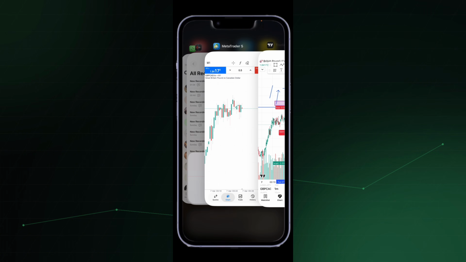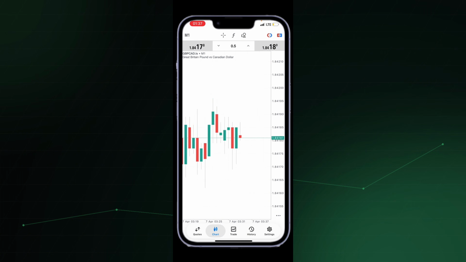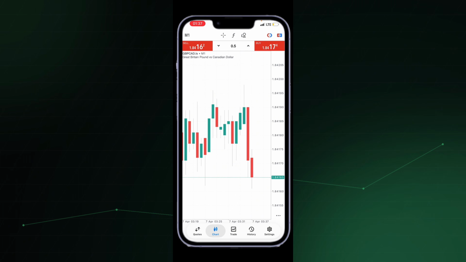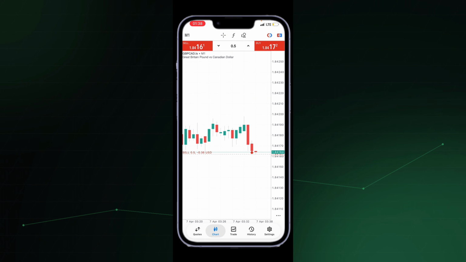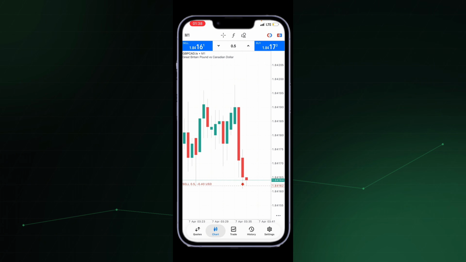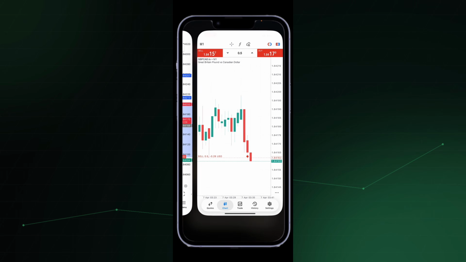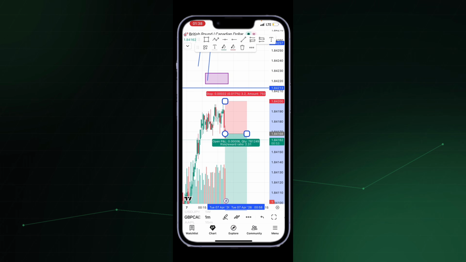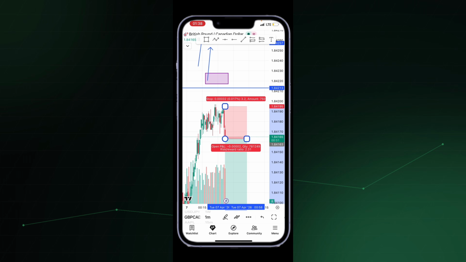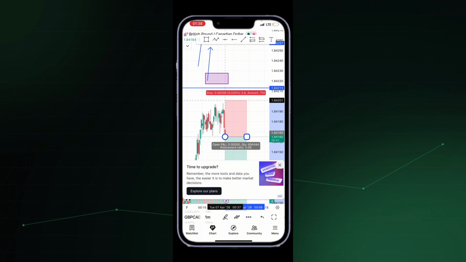Then I'll come to MetaTrader 5 and then I will place the trade. I'll just press sell. Once I press sell like that, I'll look at where I put my stop loss here. As you can see, this is the entry. I initially put my stop loss at 1.4200.